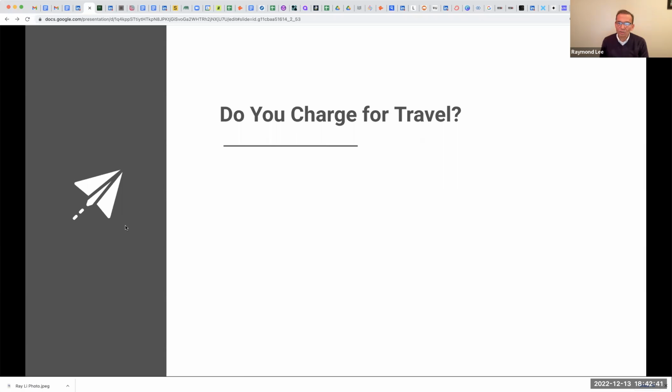Another small issue, do you charge for travel? Well, travel expenses, yes, everyone charges for those. Per diem, that's your food and maybe Uber, transportation. Travel time, the time to get to the location and return home.